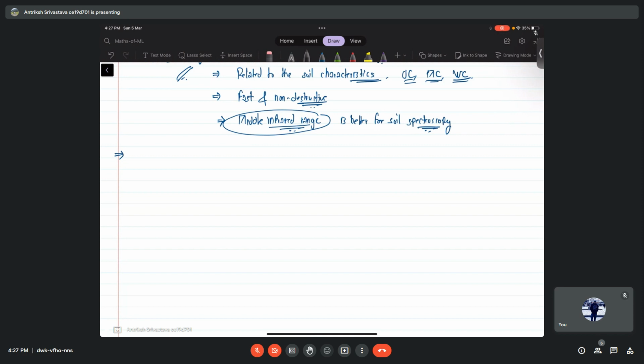First of all, let me call them points only because they are not exactly steps. First is we have to use the middle infrared range for